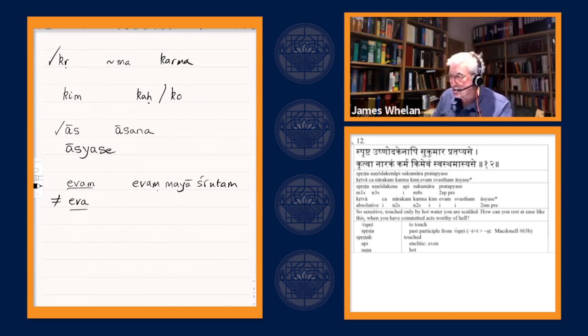Now, evam maya shrutam, thus by me heard, thus have I heard. Many of the sutras begin evam maya shrutam, and of course in Pali, almost the same. Maya, incidentally, is the instrumental of aham. It means by me. Thus, evam maya, by me, shrutam, heard. Thus it has been heard by me, thus have I heard. And in Pali, of course, it's just sutam, not shrutam. Evam maya sutam.